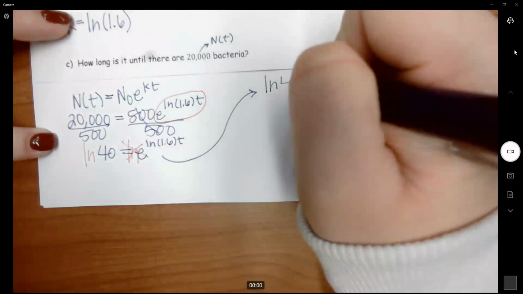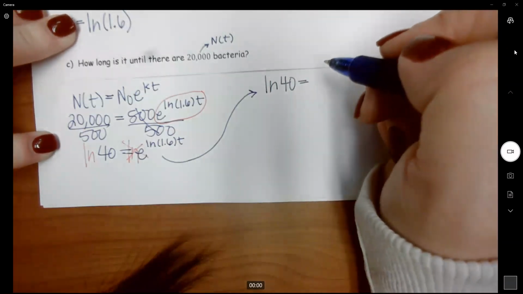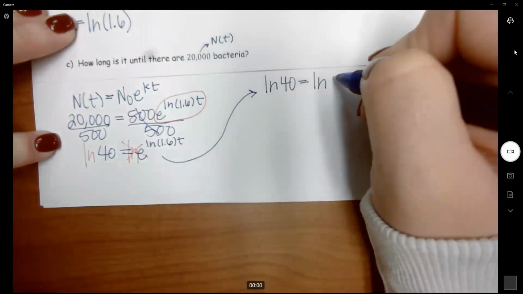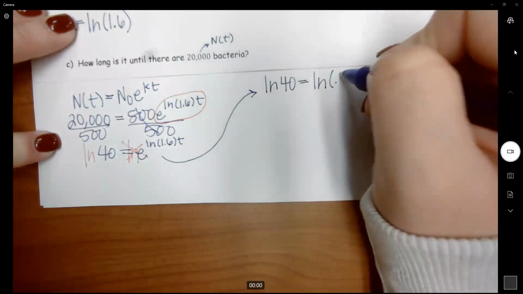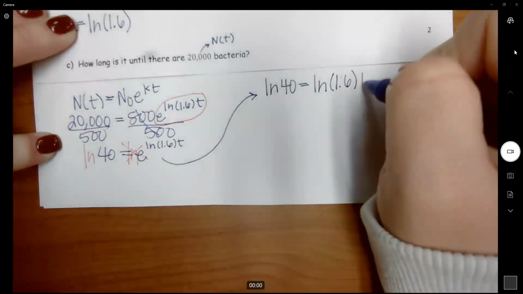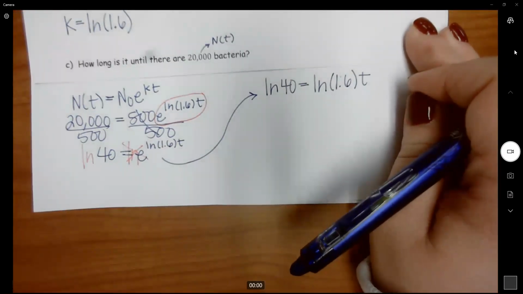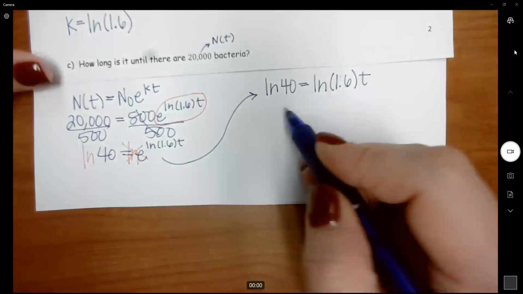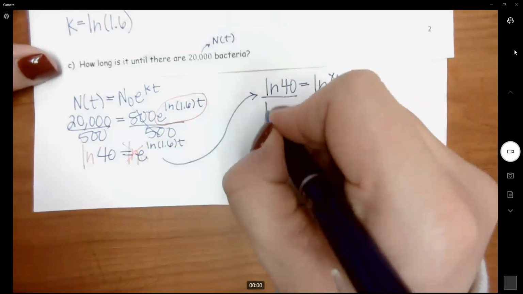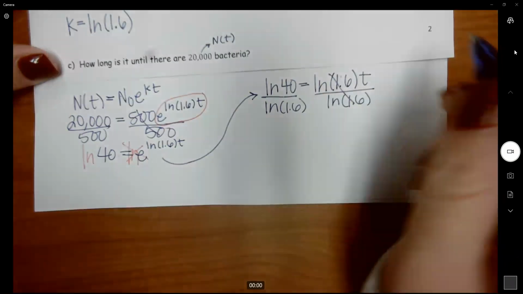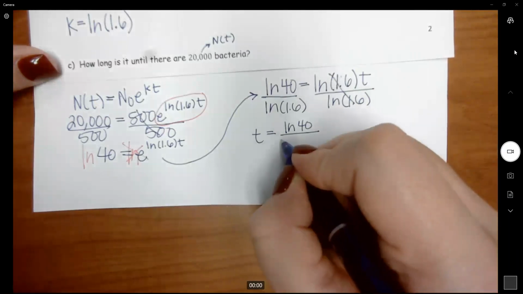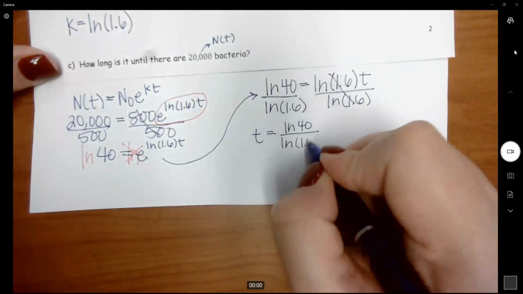So I have the natural log of 40 equals the natural log of 1.6 T. And so now my last step is to divide that over. So T equals the natural log of 40, which is a number, and the natural log of 1.6, which is